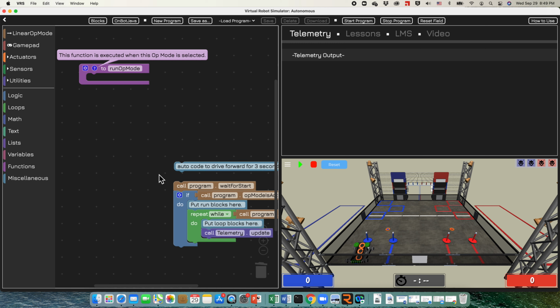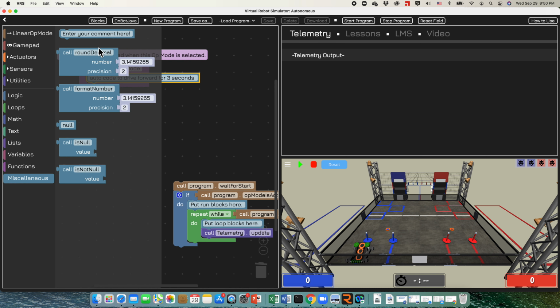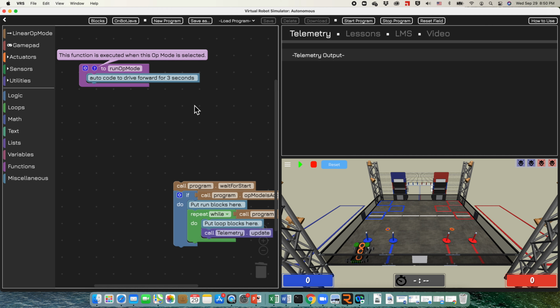Okay, so I'm gonna put this comment back in here, drag down here, and say I want to write the auto code to drive forward for 3 seconds. Now in general, where can we find this block? It's under the miscellaneous block here, and so these are the comments, and you can drag one on here to write your comment block. Okay, and the next thing here is